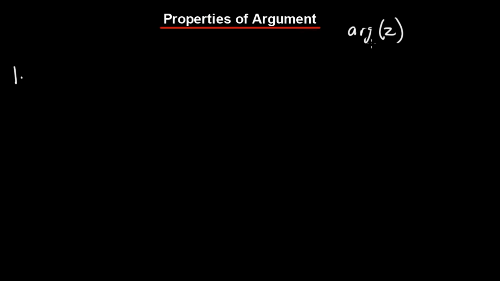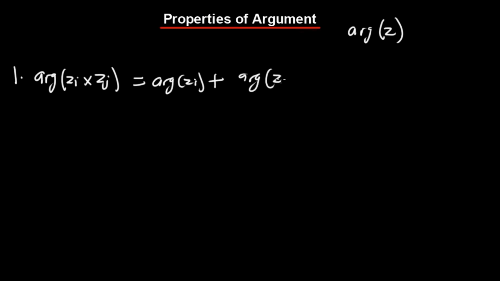So if you're looking for the argument of complex number z, we represent it as arg z. So if you have arg, which is the argument of complex number z_i multiplied by complex number z_j, this is also the same as saying arg z_i plus arg z_j. I'm going to change that to j. So this is the first one, and the second one is if you have division, arg